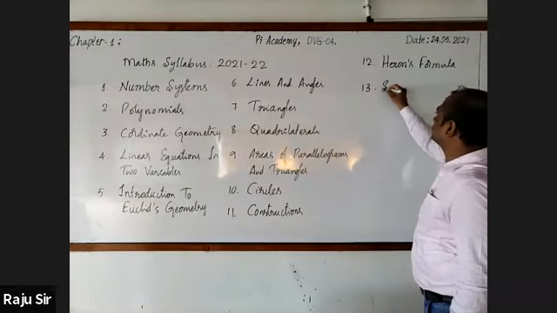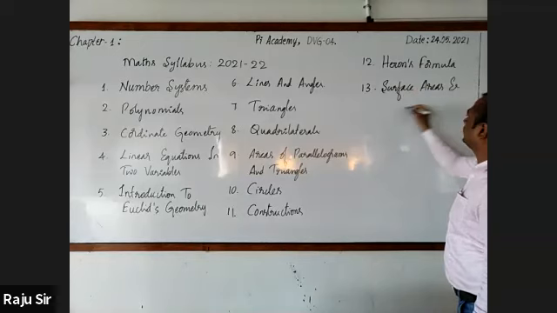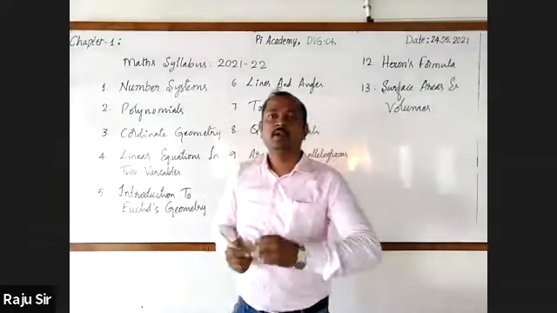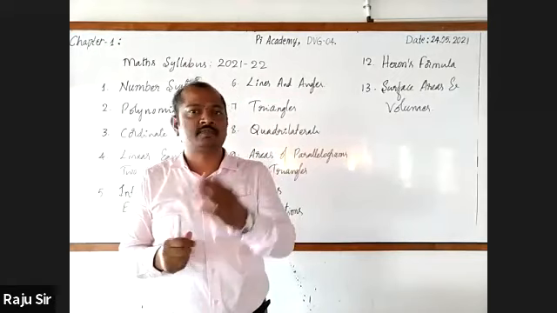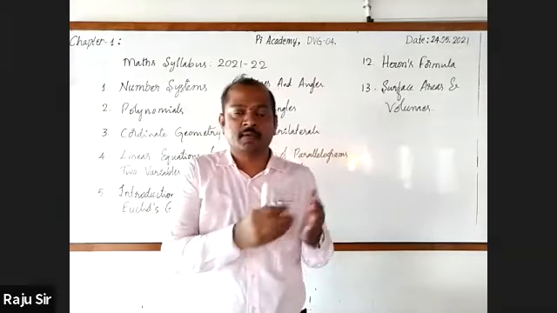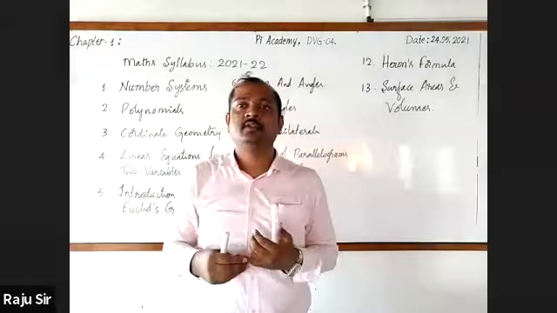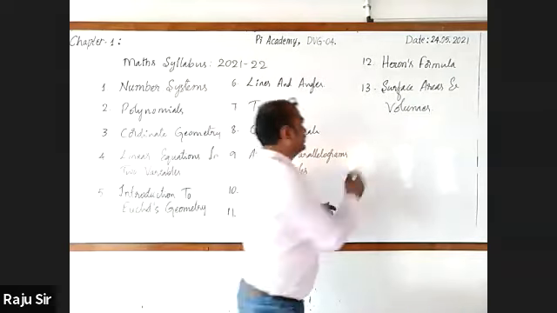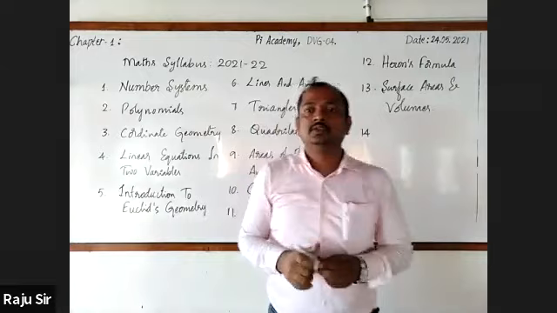The 13th chapter is surface areas and volumes. You have learned how to find out surface areas as well as volumes of some solid figures like cube, cuboid, even cone also. But along with those, this year we will discuss cylinder, sphere as well as hemisphere. Remember. Next, 14th one. In your previous classes, you have learned about